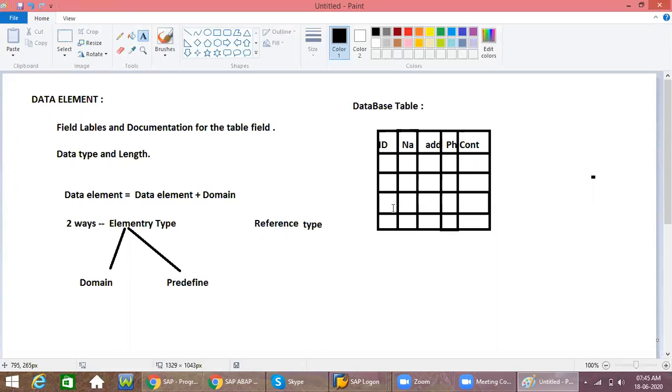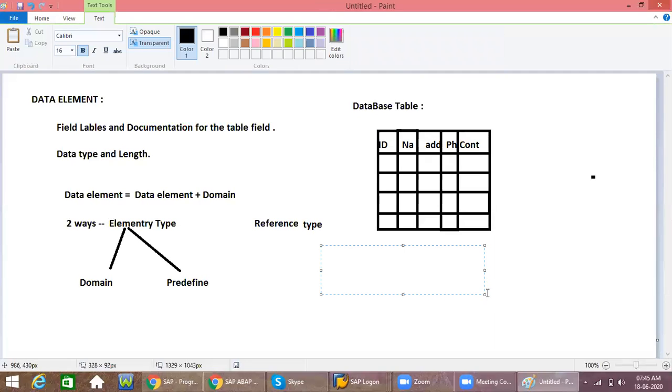Here one more point you have to remember: database tables are of three types. In SAP we have three types of database tables.